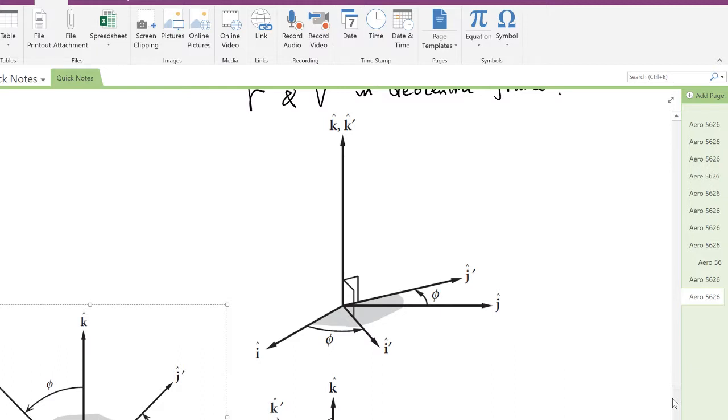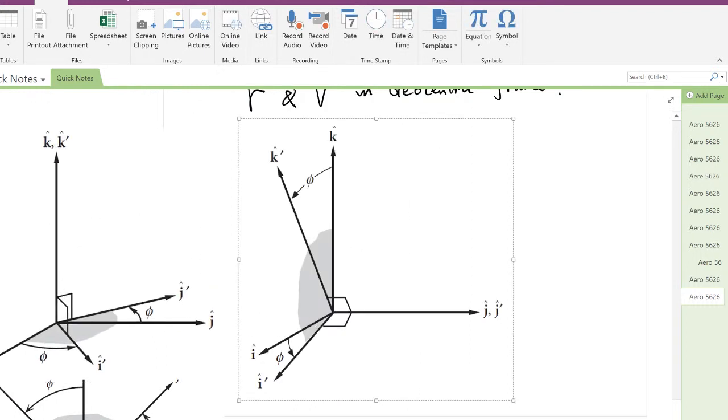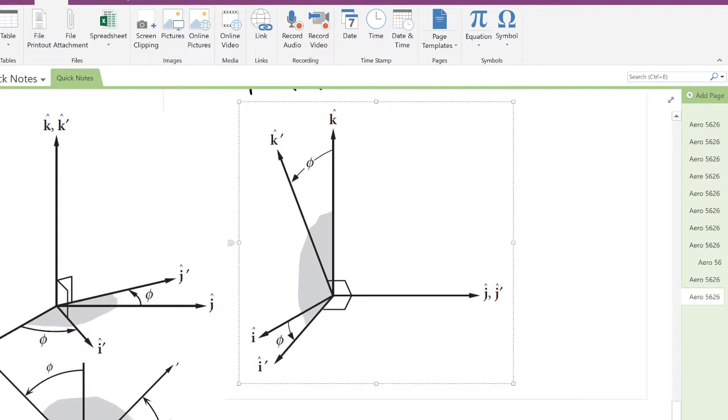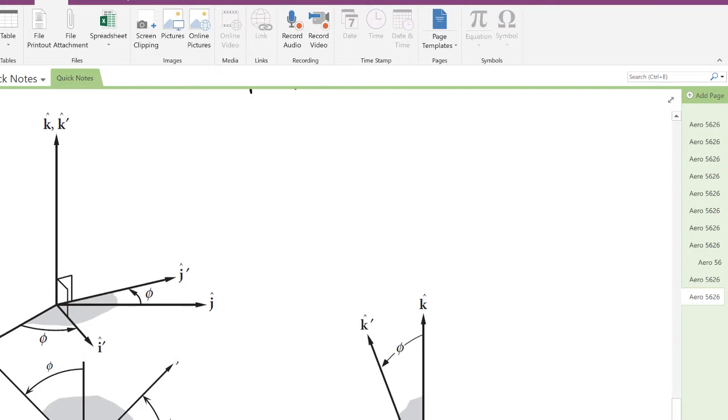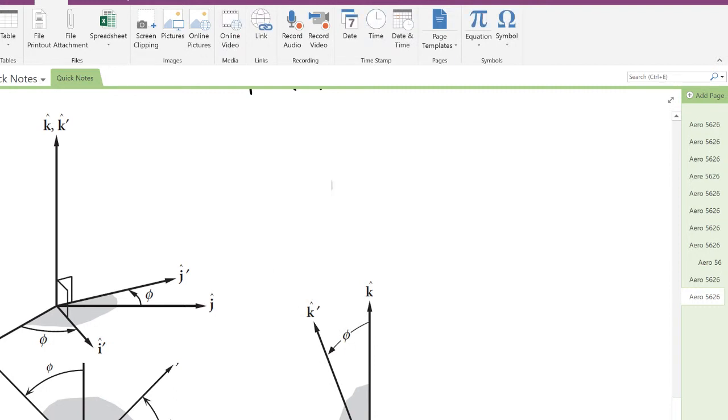The first is a rotation about the k axis. So what does this rotation tell us? If I have this rotation, we are going to have the vector. If we rotate with respect to the k hat axis, choose the i prime, j prime, and k prime space,